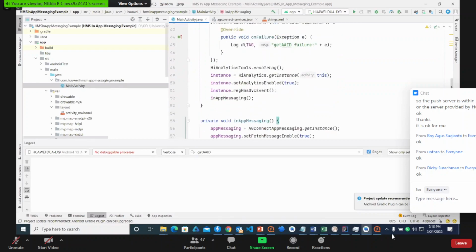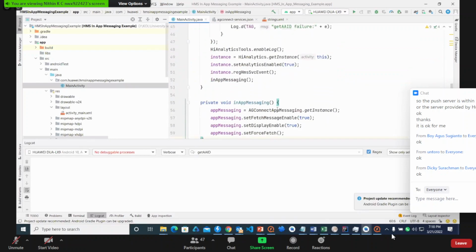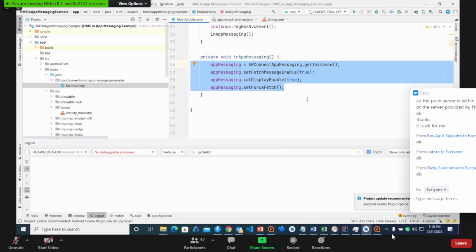In-app messaging means AGC Connect message, get instance. That instance is used to set message enable, set display enable, and set force fetch. These things are only required to get the message on our side, along with some action related to event handling. You know, different clauses, button closing and other things are there that I have not added. Those things are mentioned clearly in the